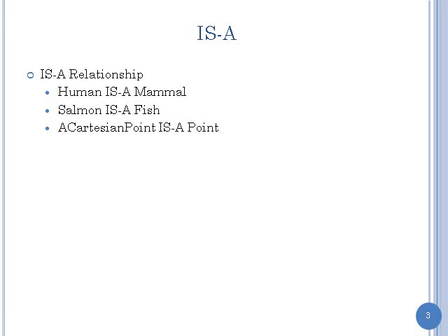We gave examples. We said human is a mammal, salmon is a fish, a Cartesian point is a point. So if I was to tell you, define in English what "is a" means, what does "A is a B" mean, really? It's a subclass or subtype. That's you're talking Java. You're using subclass as a generic term in English also. That happens a lot. So what's your name? Austin? So human is part of the group of mammals. Yeah. So that's good. It's a part of a group, and that's what he was saying. A subclass or subset. But I want a generic definition that A is a B if,